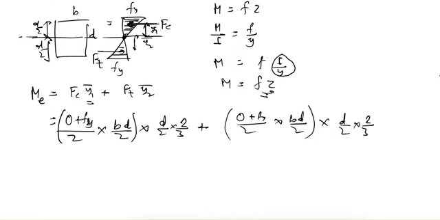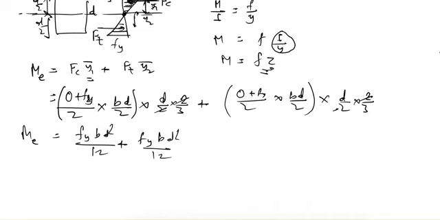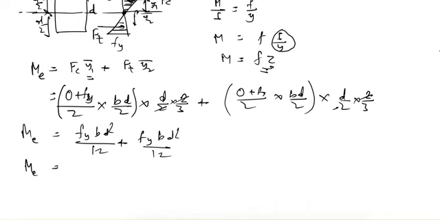So what is the value of Me from here? From here this will cancel out. So this is Fy Bd square by 12 plus Fy Bd square by 12. The summation of this would give us Fy into Bd square by 6, and from here we know this Me upon Fy is equal to Bd square by 6, which is nothing but